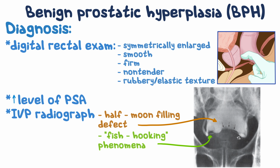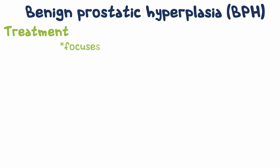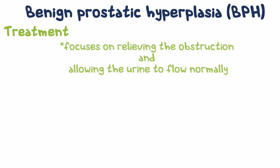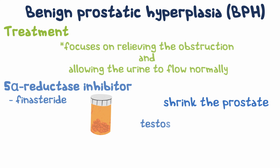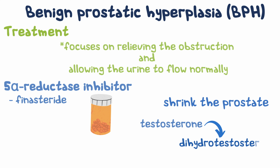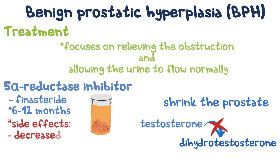phenomena. Treatment of BPH focuses on relieving the obstruction and allowing the urine to flow normally. This can be done through medication like finasteride, a 5-alpha-reductase inhibitor. The 5-alpha-reductase inhibitor shrinks the prostate gland by inhibiting the conversion of testosterone into dihydrotestosterone. But it can take up to 6 or 12 months for symptoms improvement, and side effects include decreased libido and